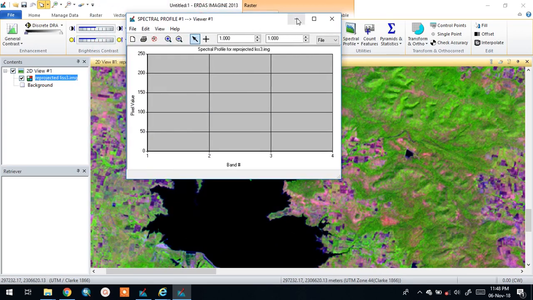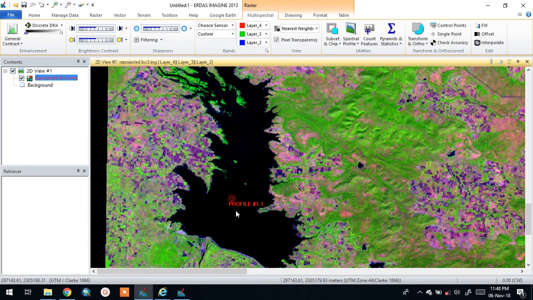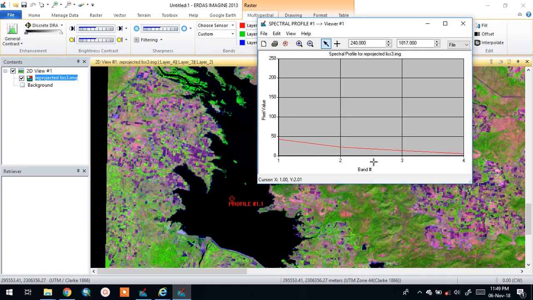This window is opened. Here you can see create a new profile point in a viewer. Click on this, minimize this window and click on the water body. Here the bands are on the x-axis, pixel value is on the y-axis. Here what we should observe, see layer 1, layer 2, layer 3, layer 4, which means 4 bands are there.